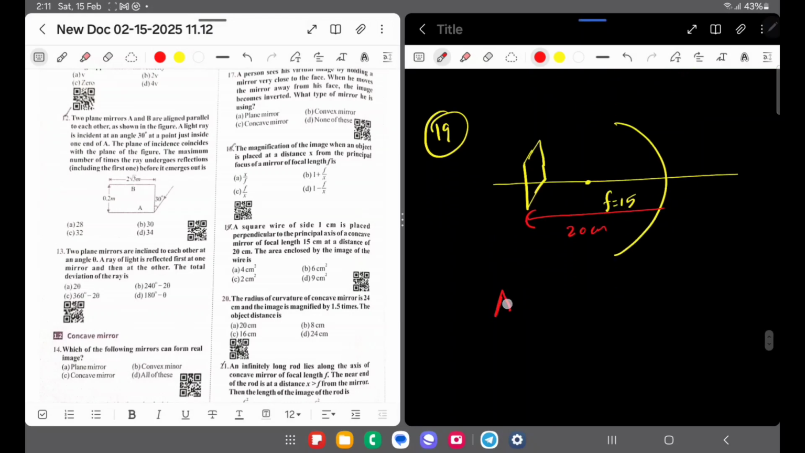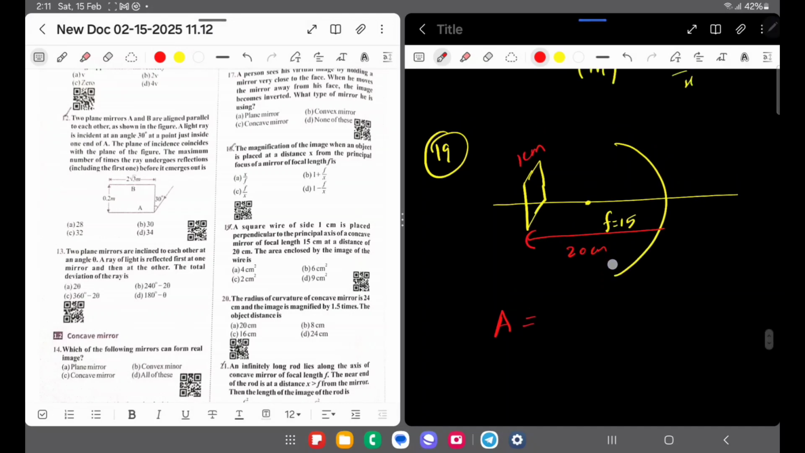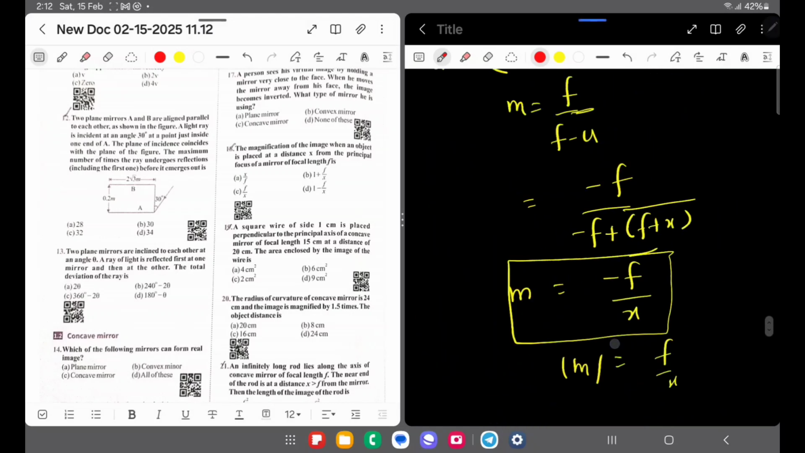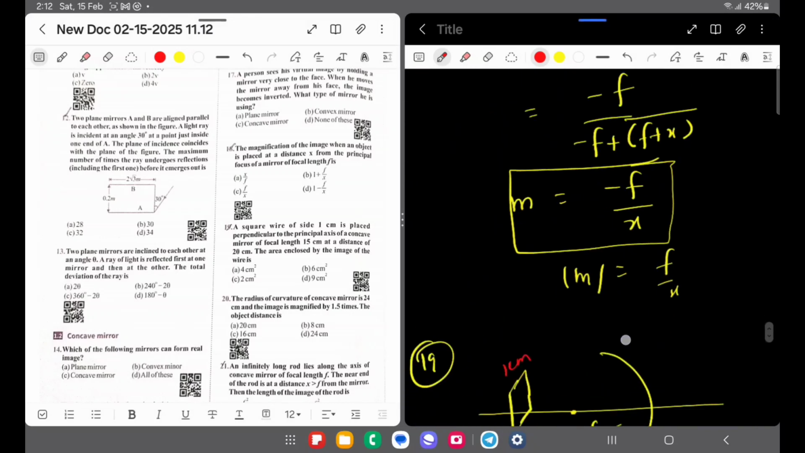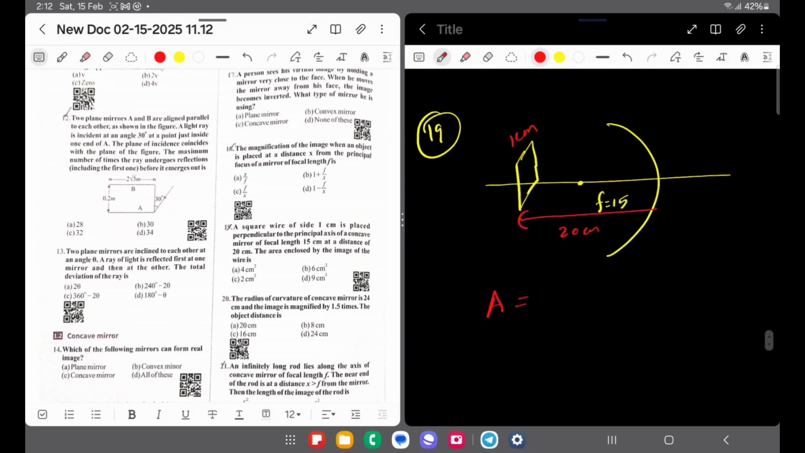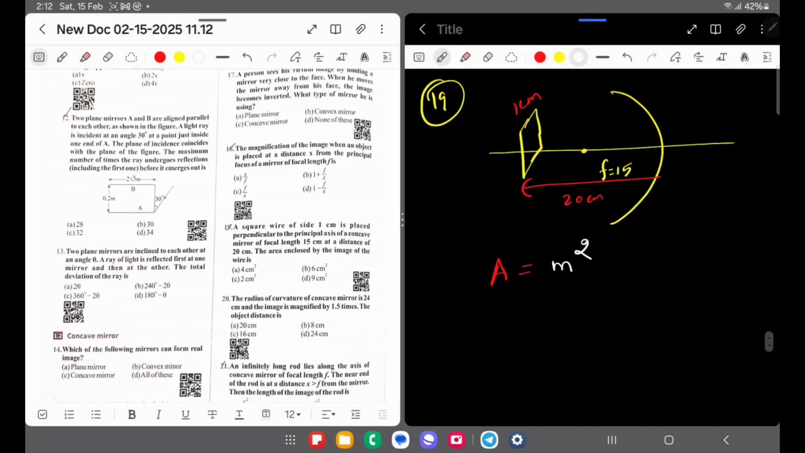We know the areal magnification formula, right? The square has a side length of 1 centimeter. Areal magnification is equal to m squared. To get the m value, we can use this formula then. M equal to